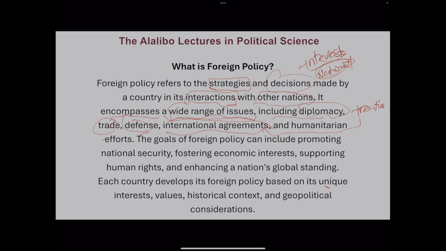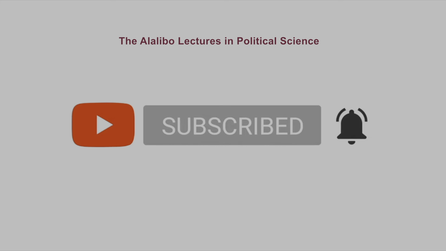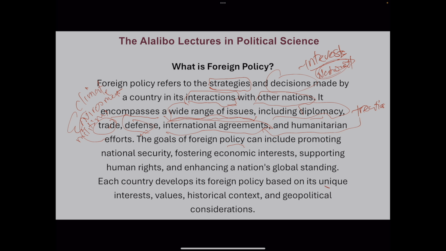It could also include climate and the environment. It will also include the military. There are many areas, students, these are just examples, but there are many areas where foreign policy will have an impact, where foreign policy is exerted. So the goal of foreign policy can include promoting national security. No country in the world today will have a foreign policy that will only benefit other countries without benefiting from it. It doesn't happen. Their national interests are always at the forefront.